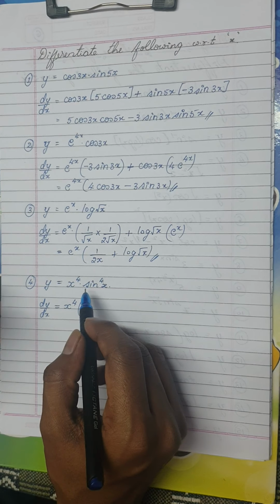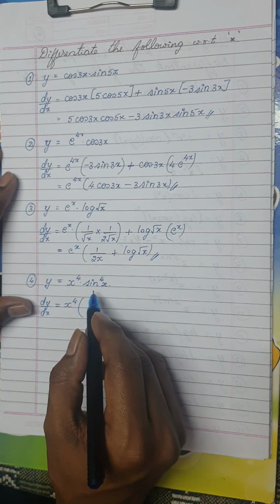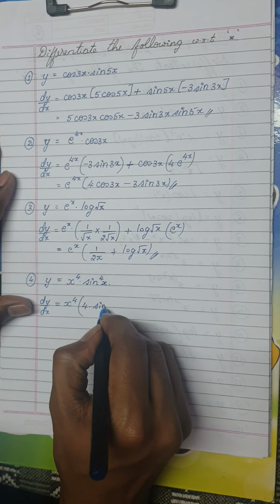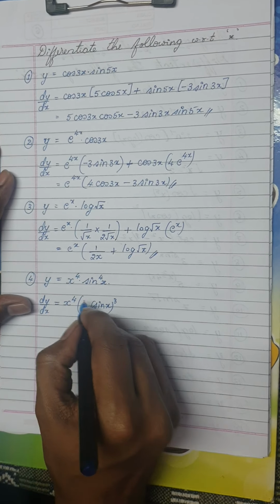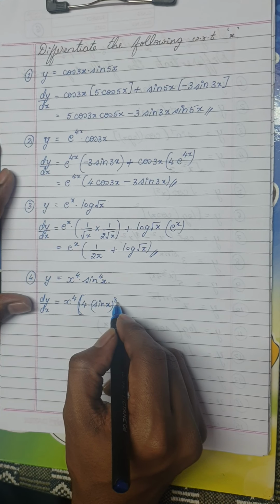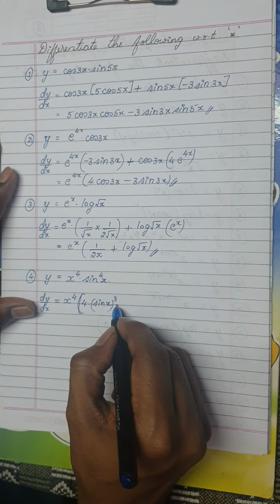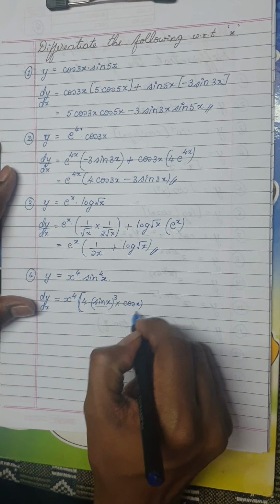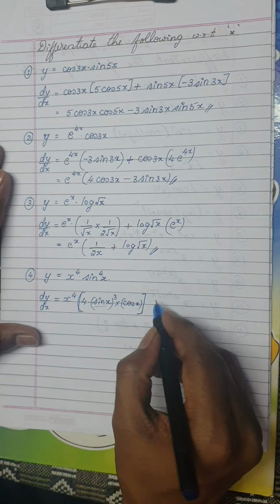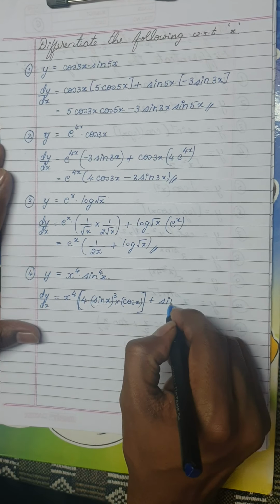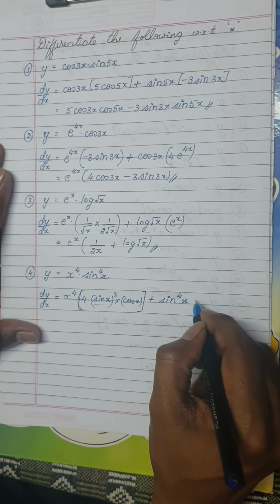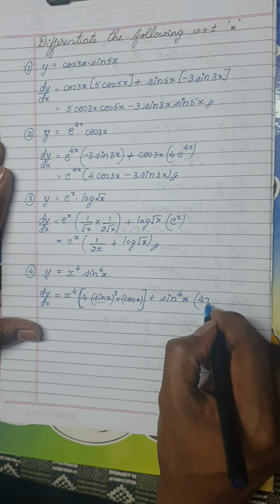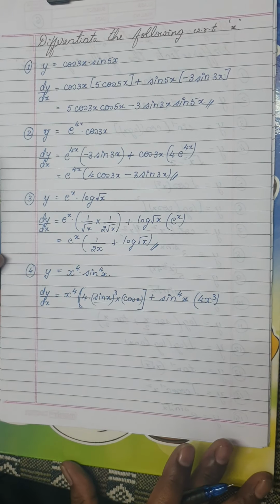Now you have to differentiate sine power 4 x. Now this is of the form f of x power n, so it is n into f of x, that is sine x whole power n minus 1, isn't it? So cube, into, you have to differentiate sine x once again. So differentiation of sine x, I'm going to get cos x. So this is done, plus sine power 4 x into differentiate x power 4. So the derivative of x power 4 is 4x cube.